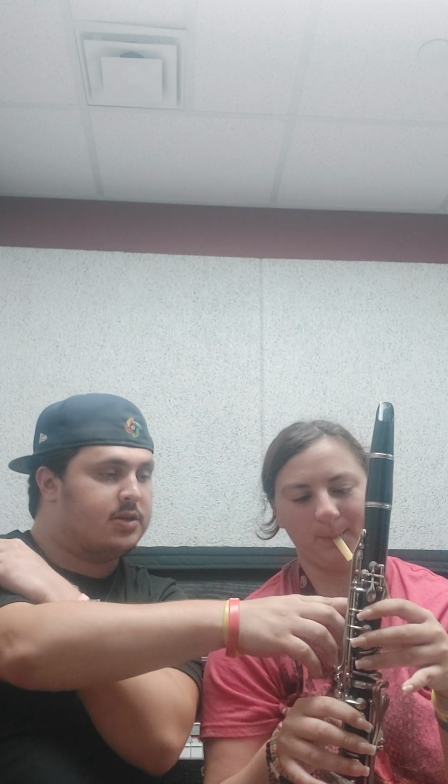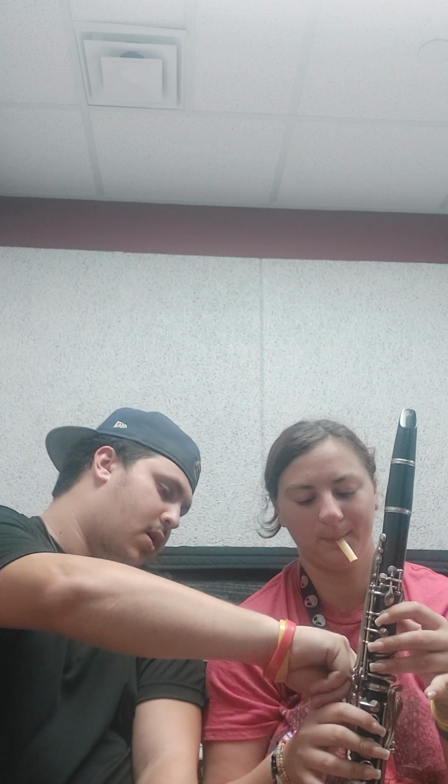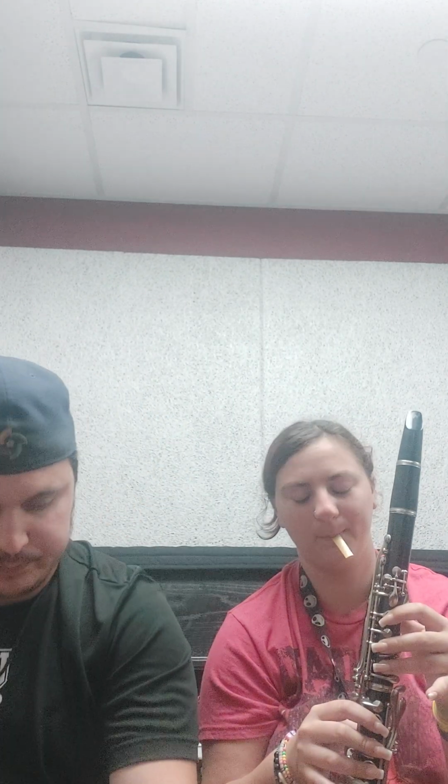There you go. Yeah, and then this key right here, I don't remember what that key's called, but that's where you put your thumb for the bottom. Yeah. And then you want to put the cuticle of your thumb right about there. Yeah. Okay. Now take the ligature,